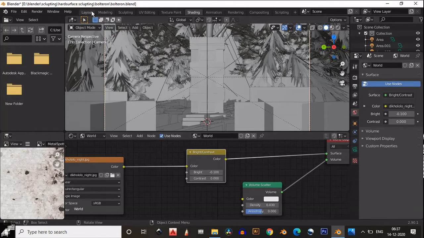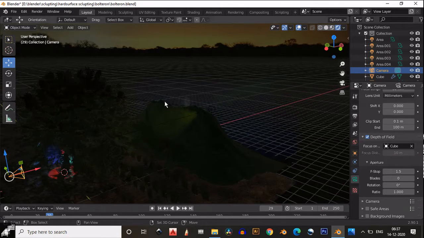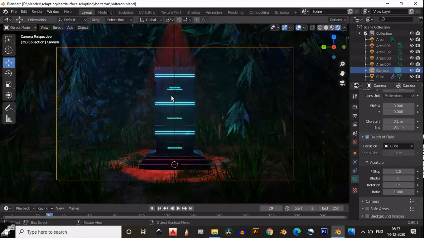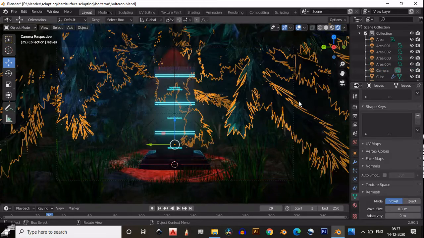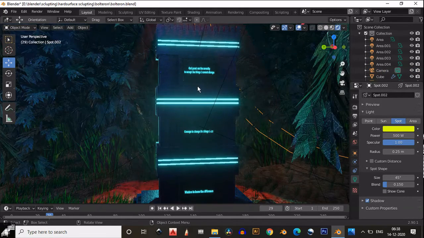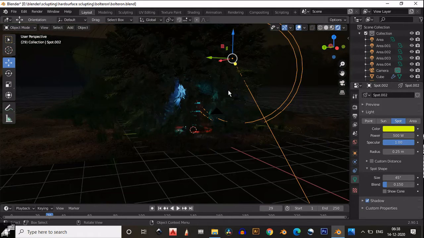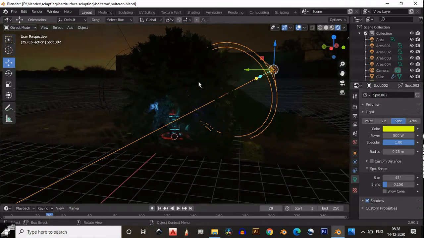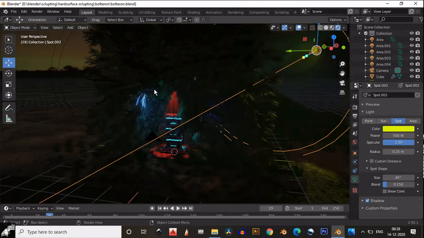Okay, then the next thing is our main subject. So this is our main subject. I have modeled this rock kind of shape, and I have done the texture painting on it. You can see there are a lot of trees. Basically I used this tree. I downloaded this tree for free, so you can also download it, and I tried to compose this scene with simple things. So here is my main subject.